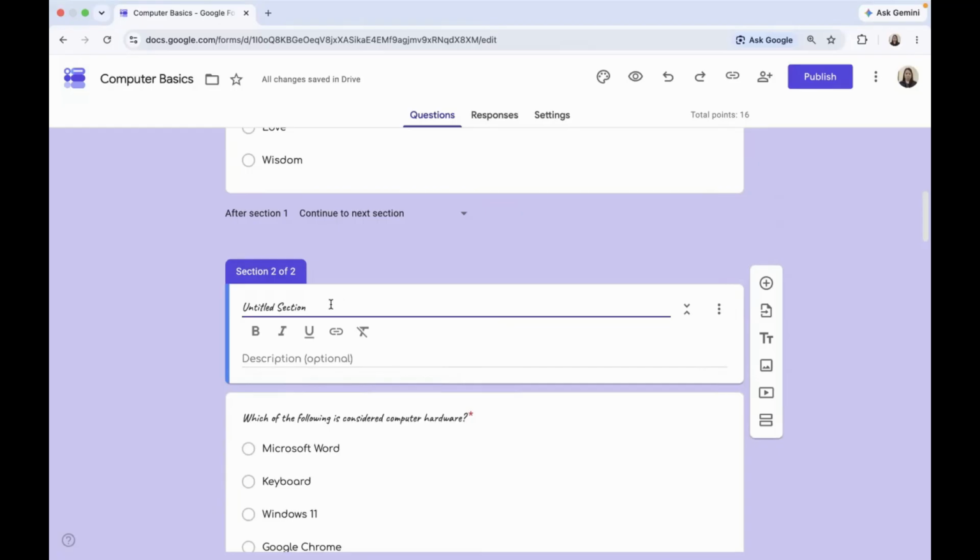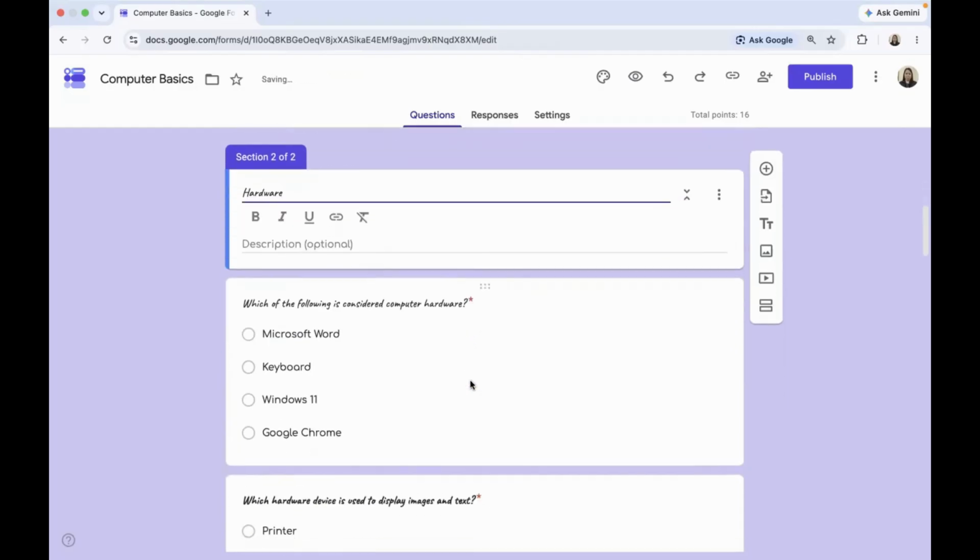You can now add the title of this section, and I want to name each section by the topic that I have in my quiz. So this can be computer hardware, because the items here are about the hardware.